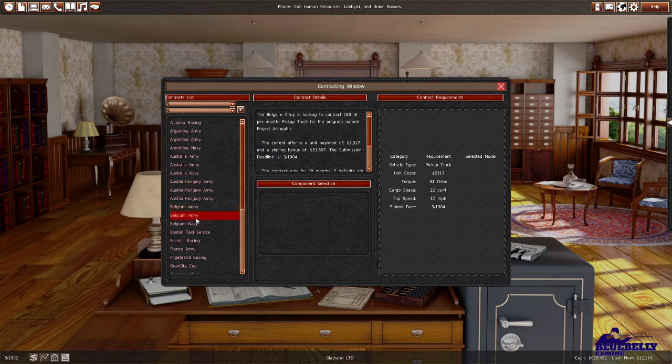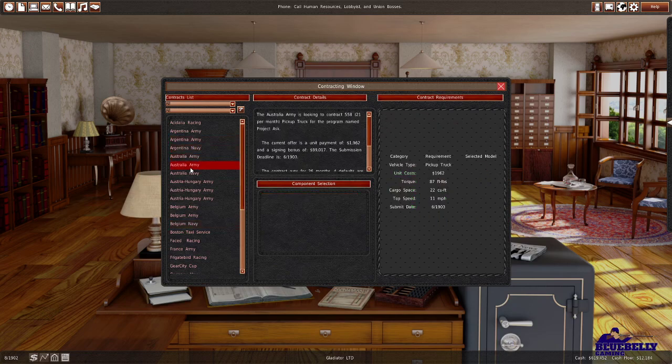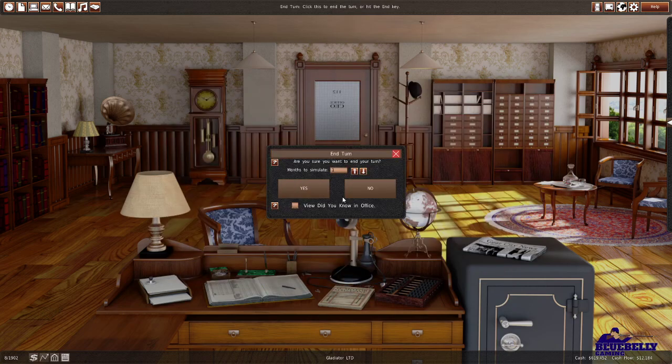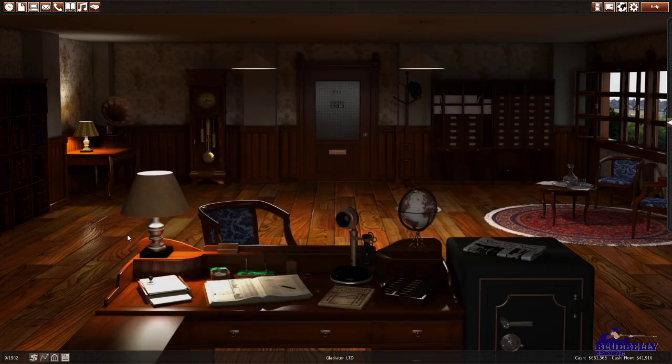Pickup trucks for the Belgian army. Yeah. Pickup trucks for the Australian army. Interesting stuff. All right, mental note, we might do something like that once. So I think at the beginning of 1903, we'll build a new...